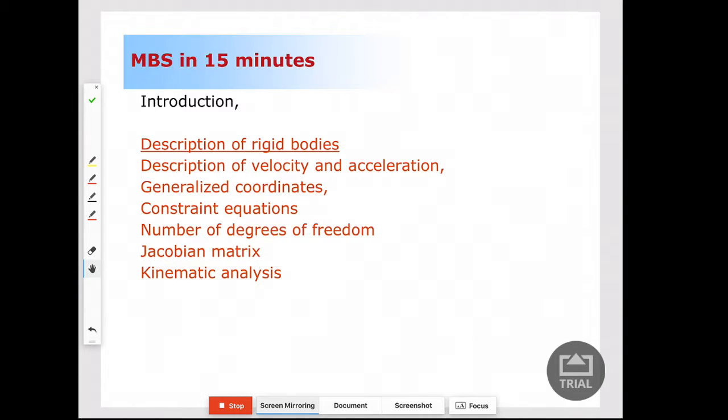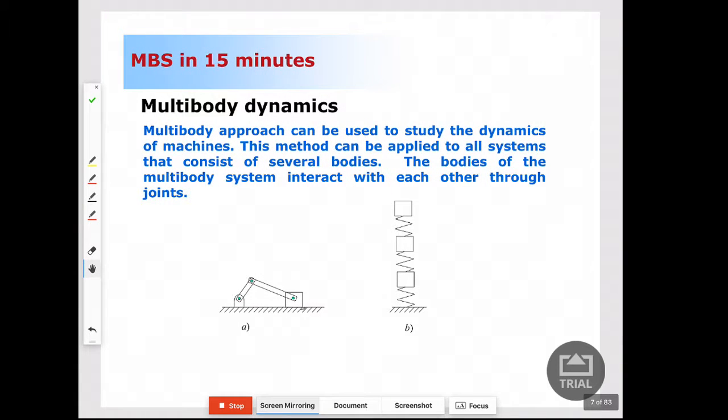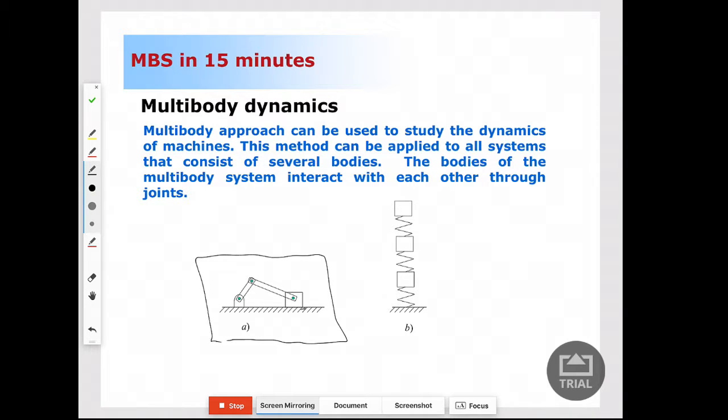Before entering the description of rigid bodies, I would like to spend a few minutes to explain what actually a multibody system is. To that end, let's look at this slide here. By definition, a multibody system is a system that consists of multiple bodies, and these multiple bodies are connected together via constraints. So now, if we look at the example system A shown here, that obviously consists of multiple